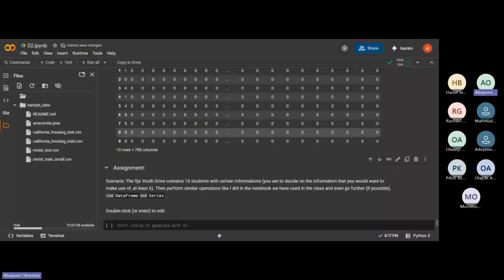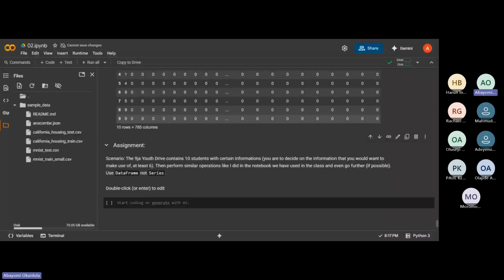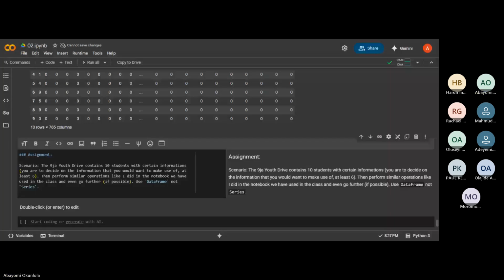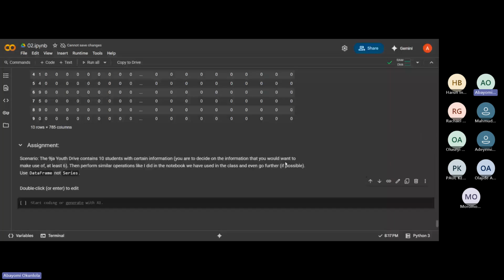All right. So here you've got an assignment. You have a scenario. The Niger Youth Drive contains 10 students with certain information. You are to decide on the information that you would want to make use of, at least 6. Then perform similar operations like we did earlier on, and go further if possible.